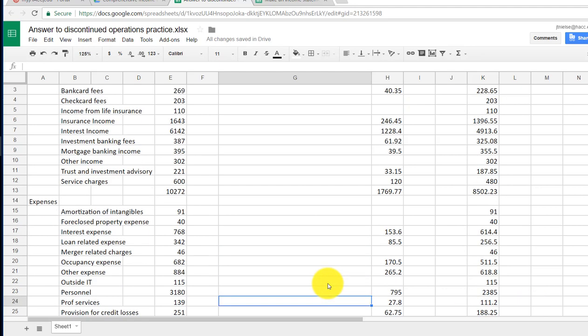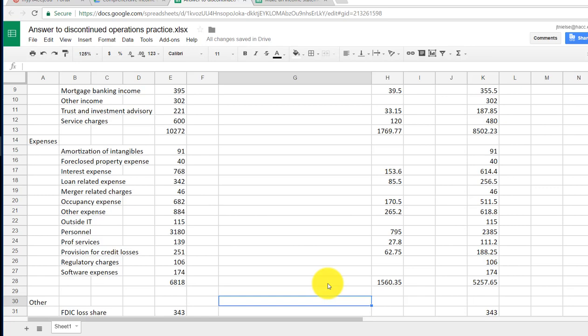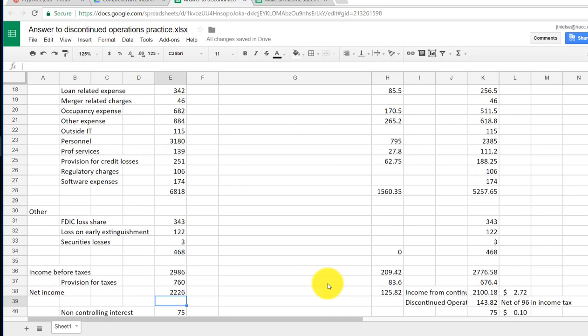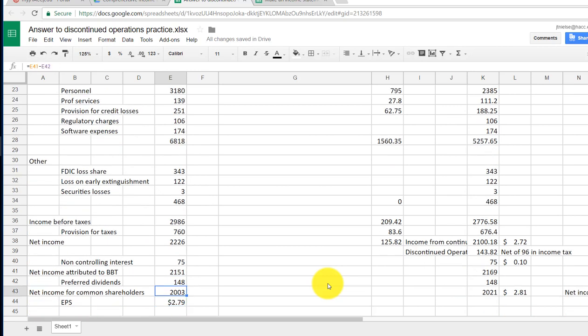And then below that are the expenses as given on the trial balance. And you see the various items there and the total, some other losses in there, and then you have income before taxes, the provision for taxes or tax expense, net income, and then as we've discussed,